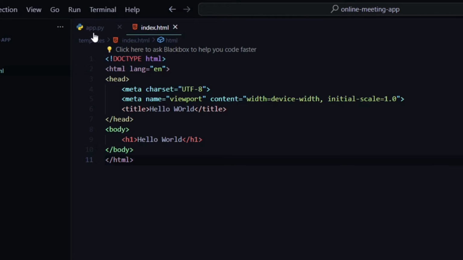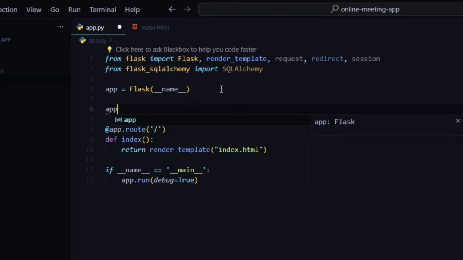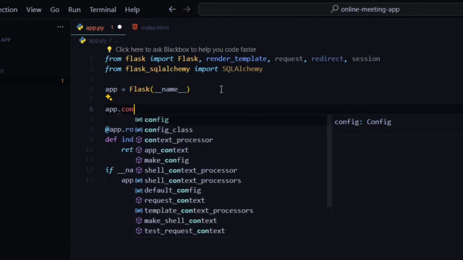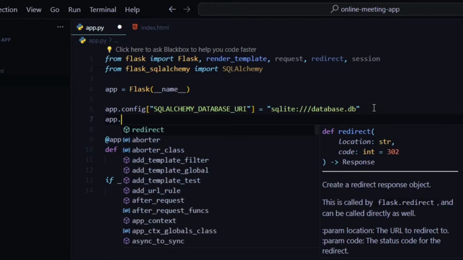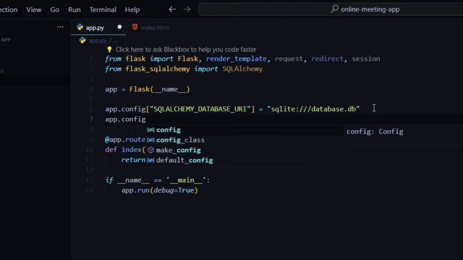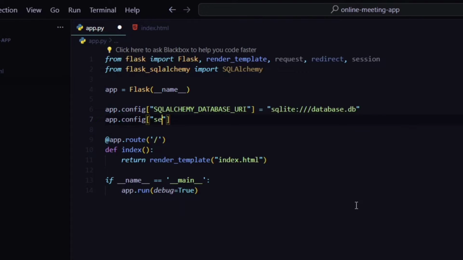Alright, so now we have to do some modifications of this app instance. So I'm going to write app.config, and the SQLALCHEMY_DATABASE_URI will be sqlite, test.db. Instead of test.db, I'm going to write database.db, and then app.config, it will be the secret key, and it will be, let's say,